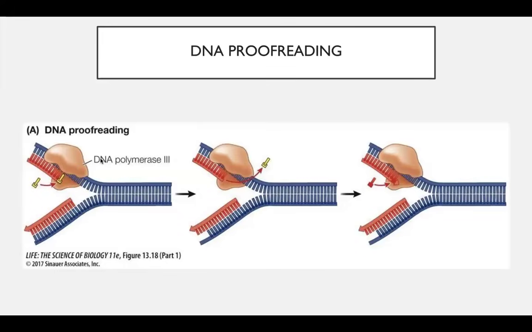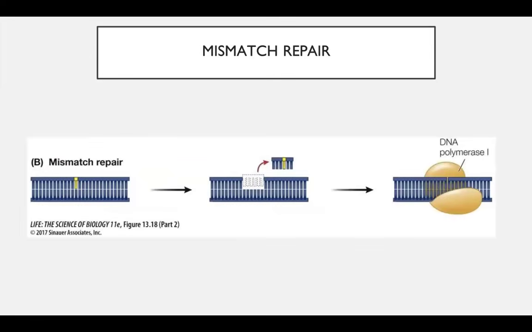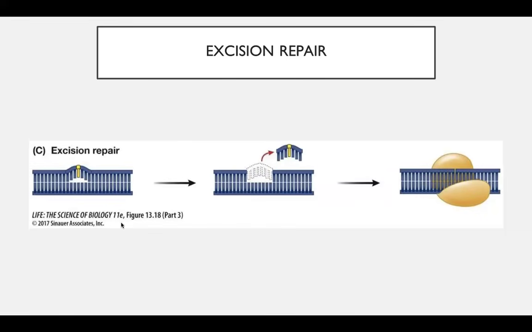So as you hear, this is just regular DNA proofreading. If any bases are incorrect, the nucleotide is removed so that DNA polymerase can add the correct one. For mismatch repair, if after proofreading the DNA is still wrong, then proteins can help scan the DNA and get rid of multiple bases at once so that DNA polymerase 1 can come in and add the correct ones. And lastly, excision repair is when the DNA got damaged by radiation, etc. Enzymes scan it and get rid of those bases so that DNA polymerase can add the correct ones.